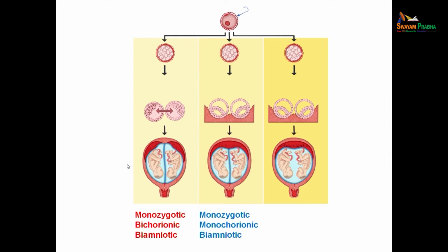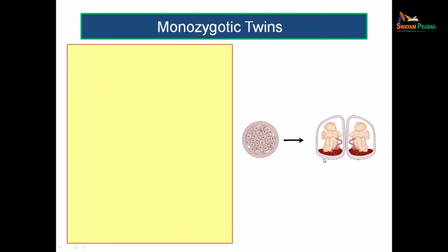So, in the first case, they had their own chorionic cavity and their own amniotic cavity. That is why this is known as bichorionic and biamniotic, but in this condition you can see that they are sharing a single chorionic cavity, but the amniotic cavities are separate. Now, the third variety is known as monozygotic, monochorionic and monoamniotic. That means both twins are sharing the chorionic cavity and amniotic cavity. So, as a result, they are having only one chorionic cavity and one amniotic cavity. So, these are the three different patterns of monozygotic twins. Let us see in detail how this happens.